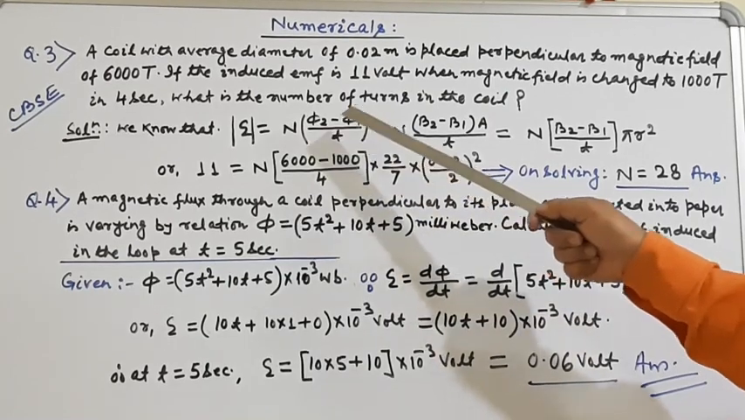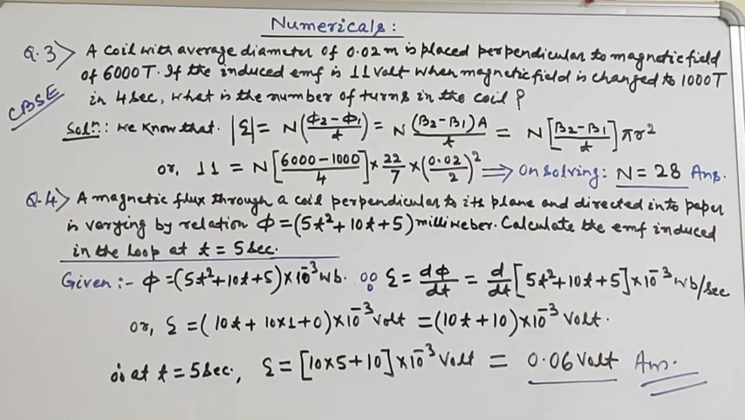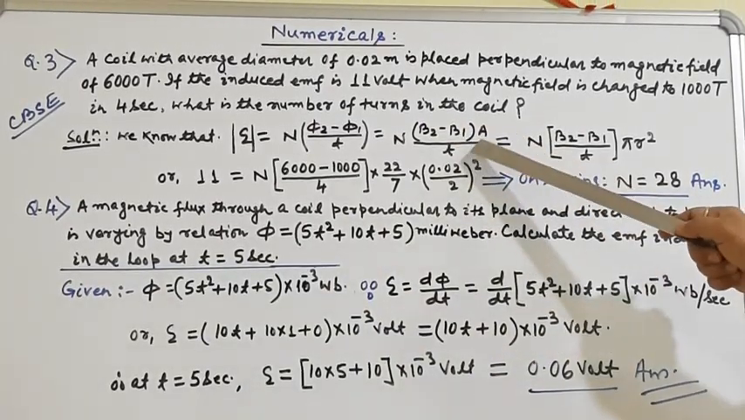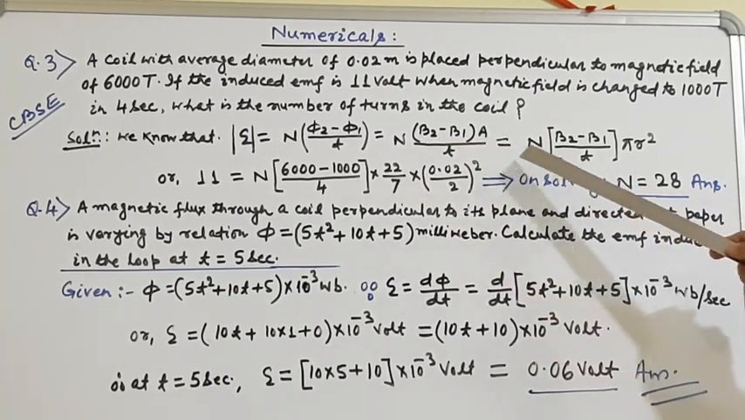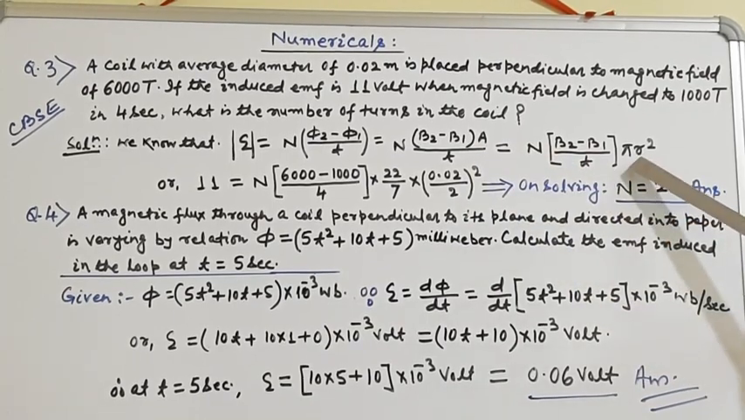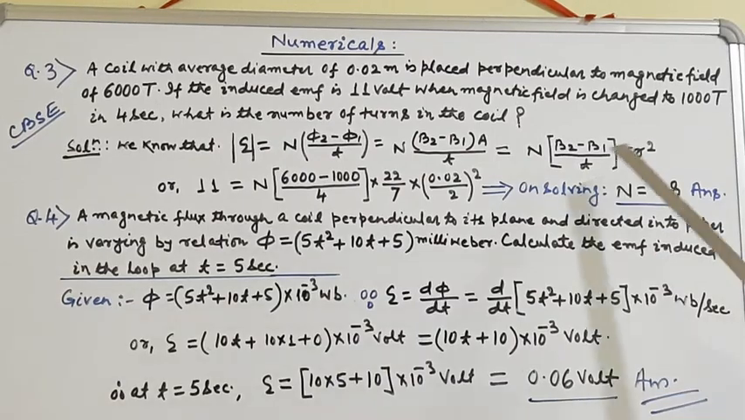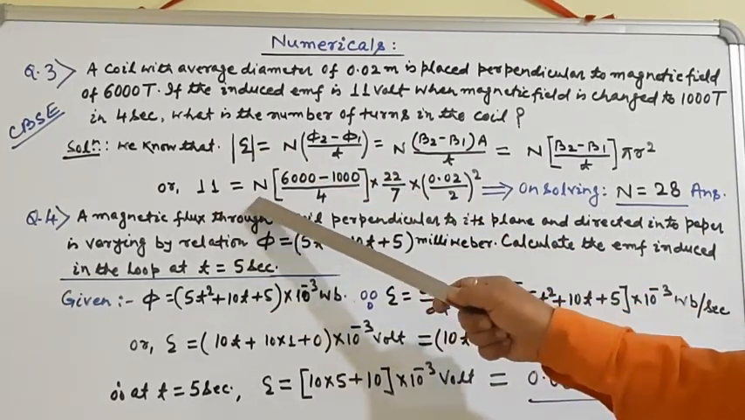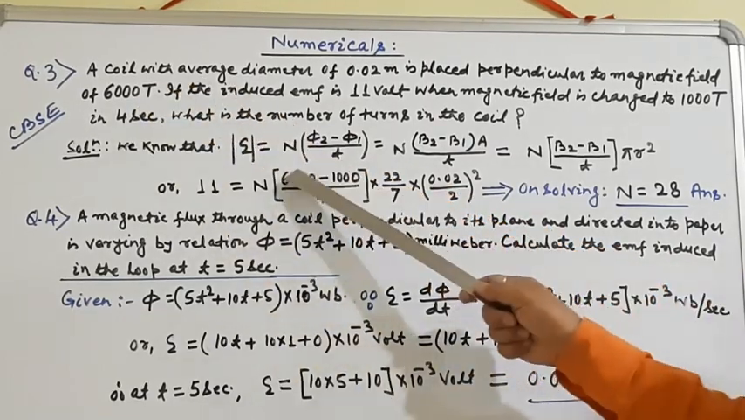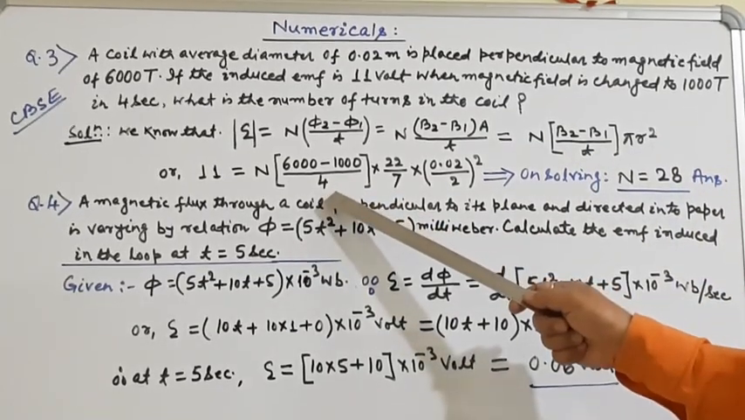Phi 2 can be written as B2 into A, and phi 1 as B1 into A, by t. I have taken A common because phi is equal to B into A. Now we put the values. This is equal to N times (B2 minus B1) by t, and the area is pi r squared. Because it is a coil, the values are: induced EMF 11 volt, N we have to find, B2 is 6000 Tesla, B1 is 1000 Tesla, and by 4, which is the